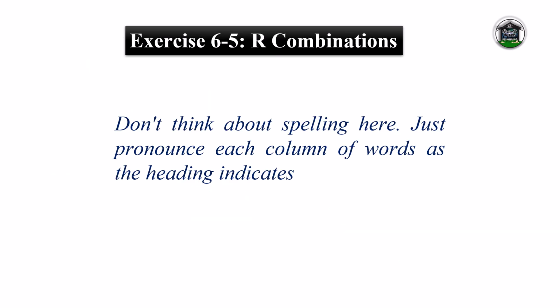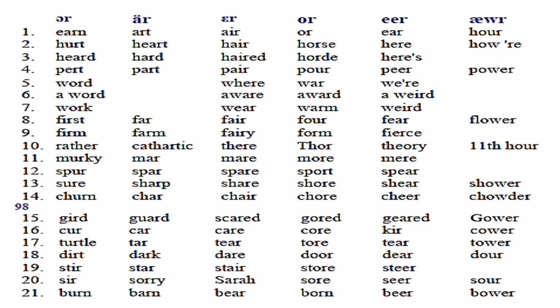Exercise 6-5. R combinations. Don't think about spelling here. Just pronounce each column of words as the heading indicates. Earn, hurt, heard, pert, word, a word, work, first, firm, rather, murky, spur, sure, churn, gird, cur, curdle, dirt, stir,